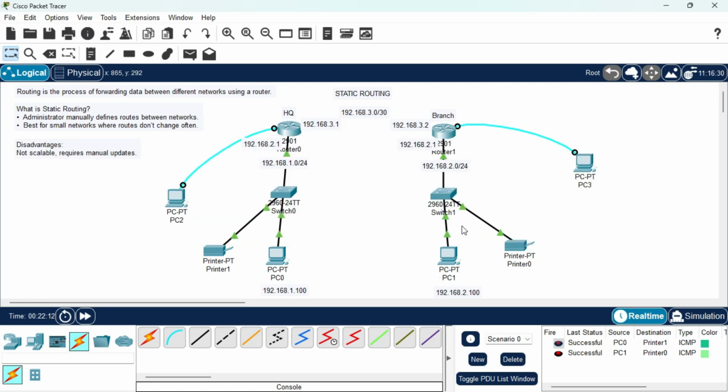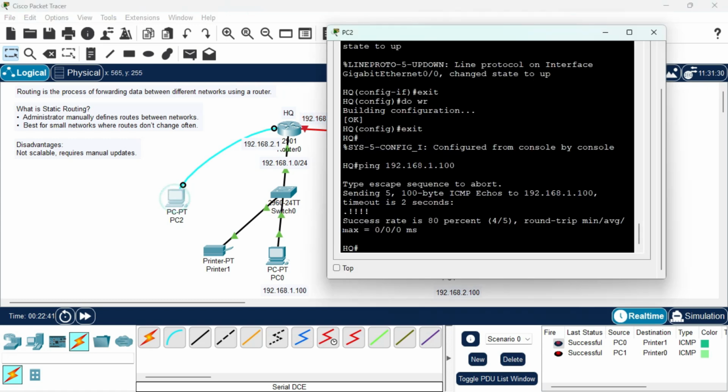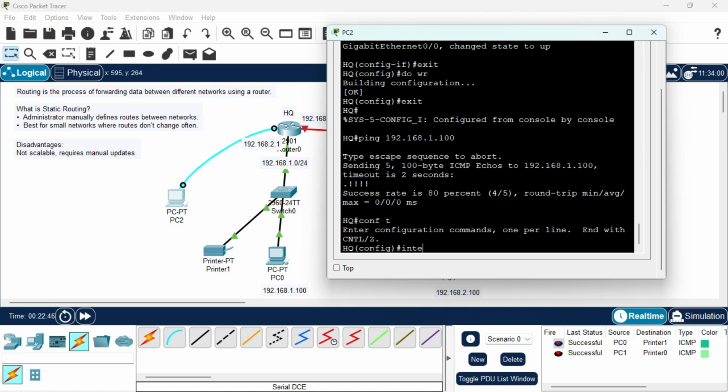But then our task is to connect these two networks so that communication can be done from HQ to branch. So we've already added our serial interfaces. So we just pick a serial cable and connect it to the serial ports. Then we need to configure that interface with an IP address as well. So I will do this from here. So conf terminal, configure terminal, then interface